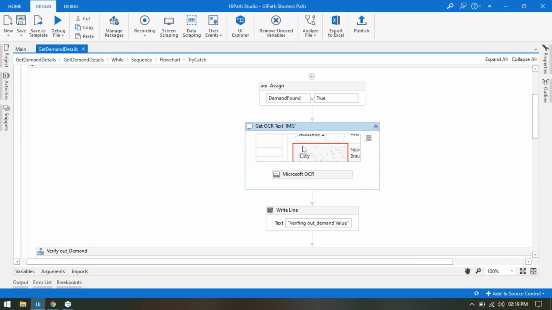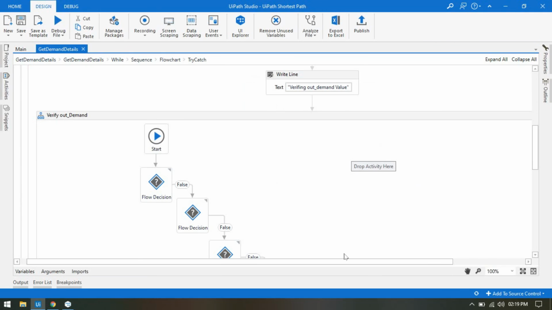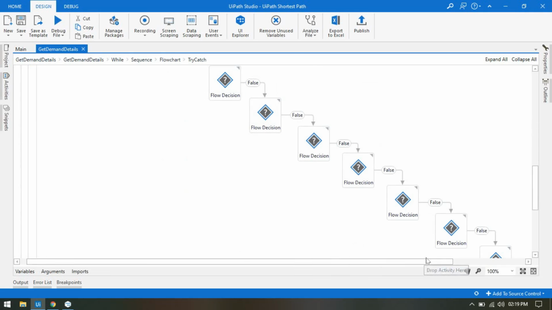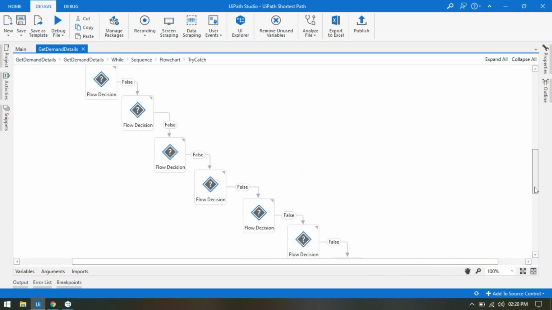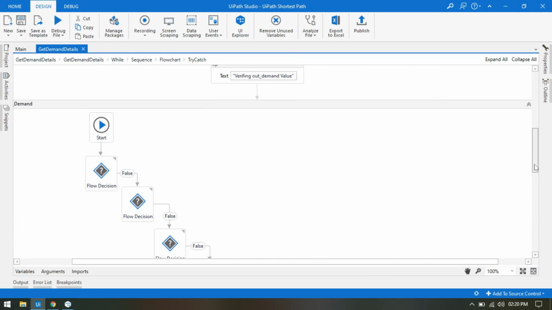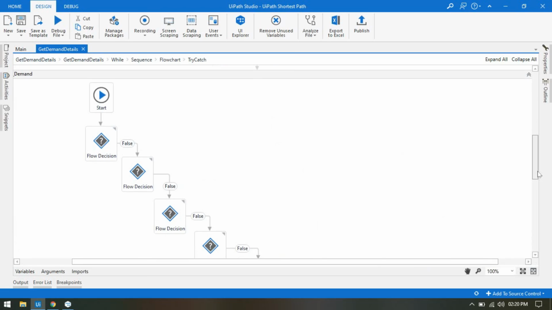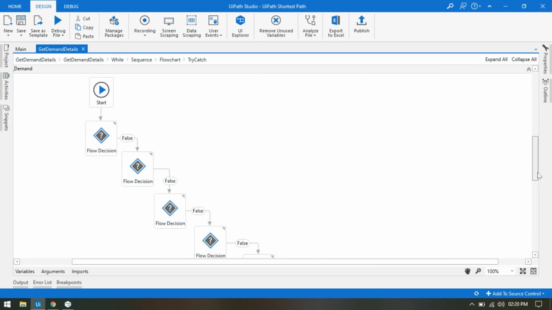Okay, and then here you can see I try to capture only the correct data, and if I am not getting the correct data, I am trying to increase the scale and capture the correct data.